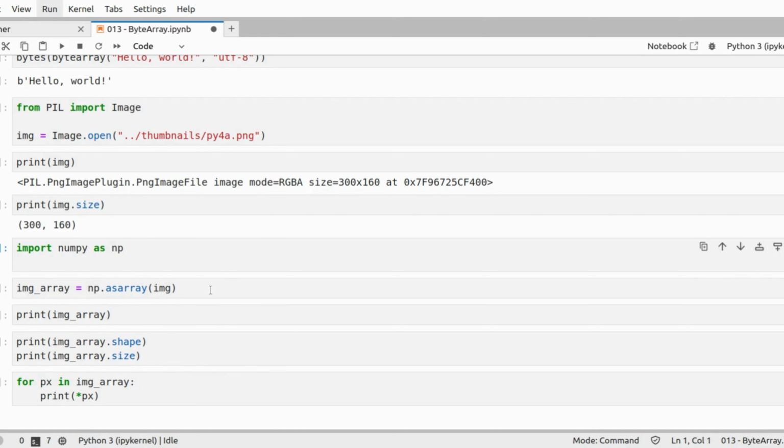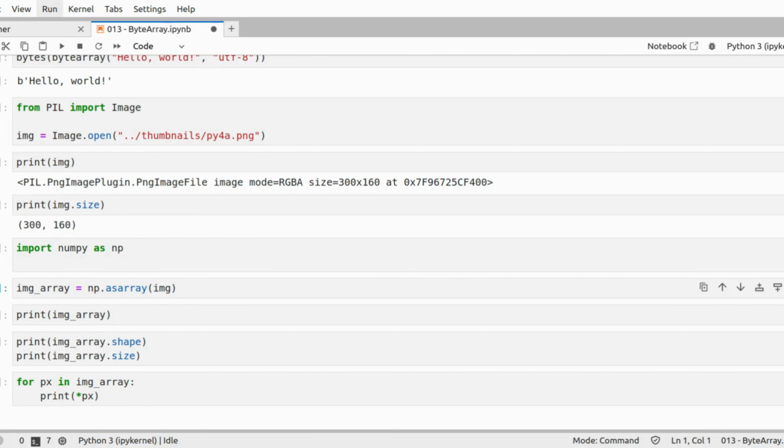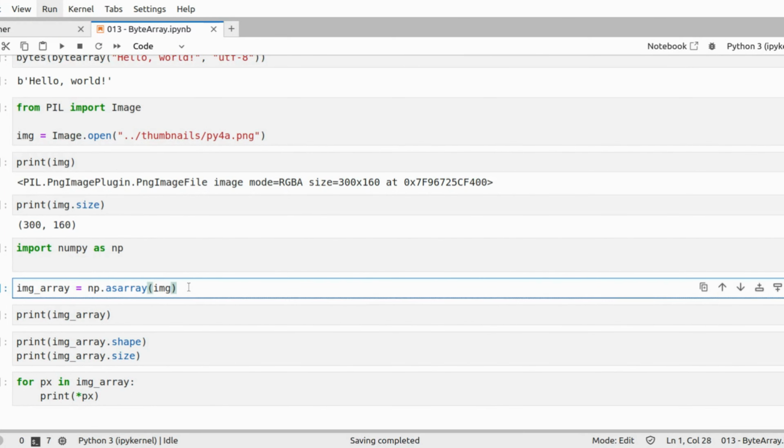So here I want to convert this image, img, to an array. So I have image array, and I first of all run this cell, import numpy. I have my library imported. You have to run it. If it's not run, your library is not in your namespace. So next I would call